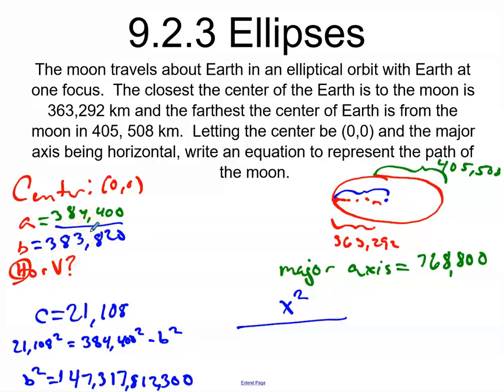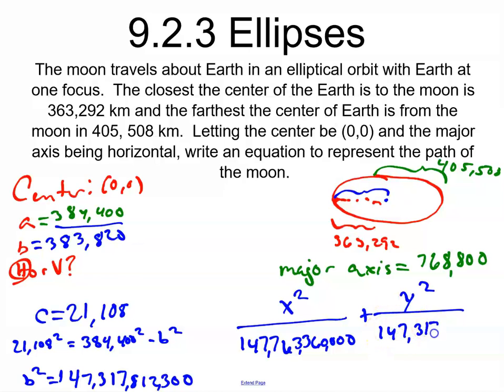So 384,400 squared, which is going to be a nice big number here, plus y squared over our b squared, and then equals 1. All right, next